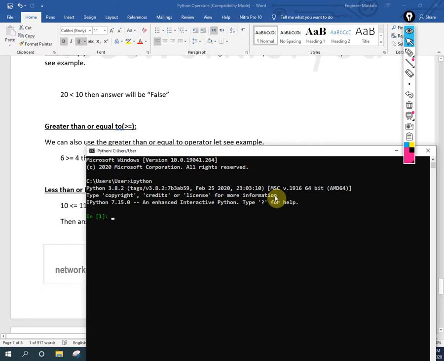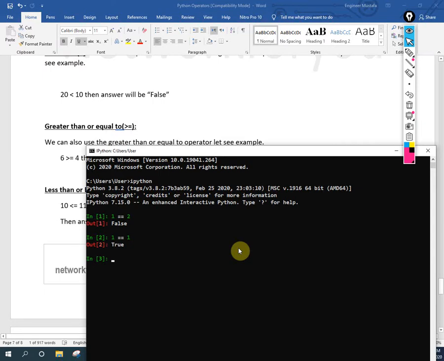Okay, so now let's see, if I want to compare two values, how can I compare? I will write 1 space double equals 2, press enter. 1 is not equal to 2, that's why we are getting the answer as false. No confusion, right? As I told you, whenever you want to compare, you need to write the equals operator two times. For example, if you want to check 1 equal to 1, the answer will be true. Let me show you. 1 space double equals 1, then I press enter, the answer is true.